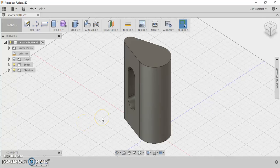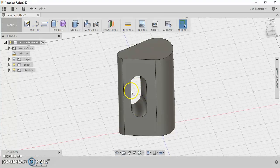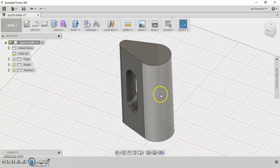So we have finished the bottle up to this point. We have the revolve for the handle, and we are now ready to put the neck on the bottle and create the opening for the shell, or to hollow out the middle. So let's go to create a sketch,